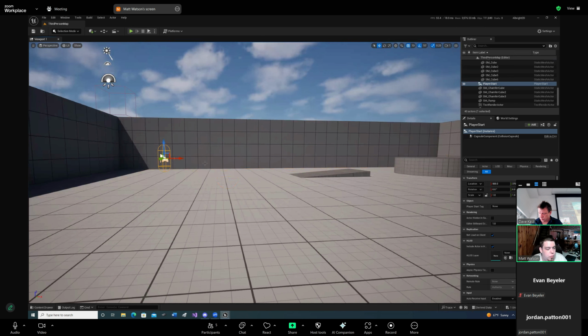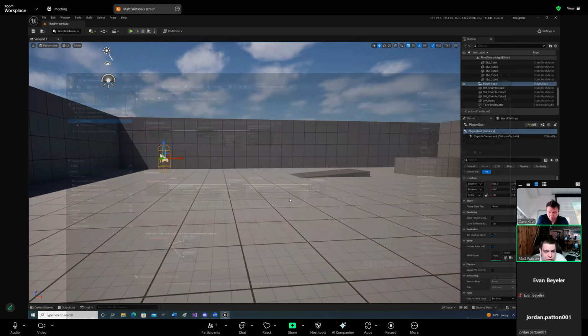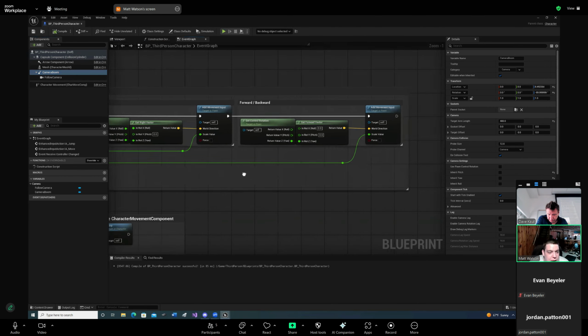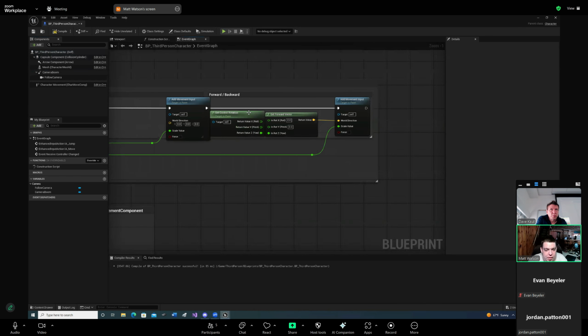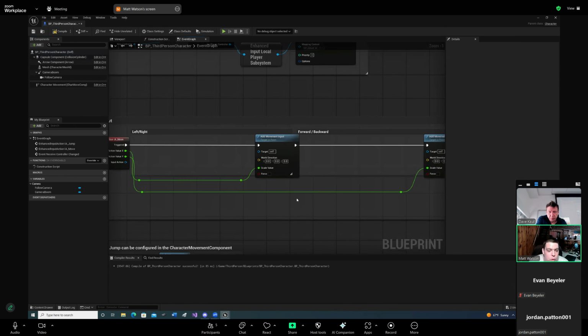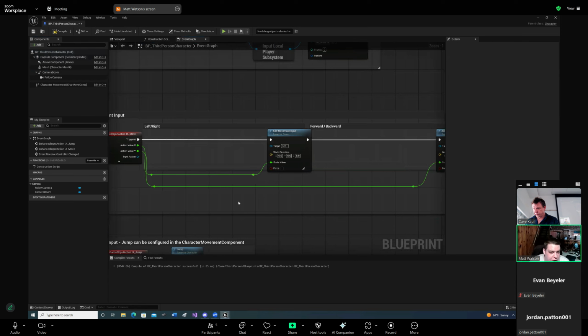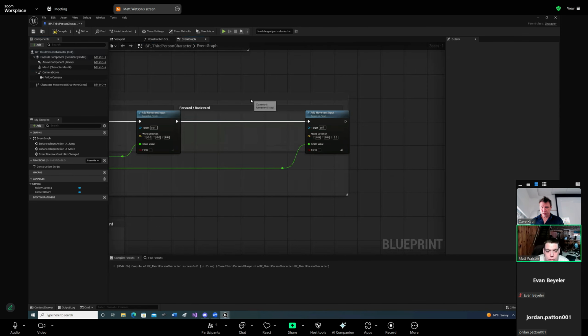So we're going to just kind of hard code this. In here, I'm going to get rid of these because I don't care, and I'm going to get rid of this because I don't care. What this is doing is basically just figuring out which direction the camera was facing and then using that for forward, backward, left, and right. We're again not doing that. I'm just going to